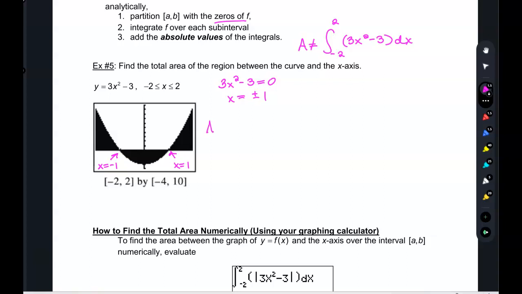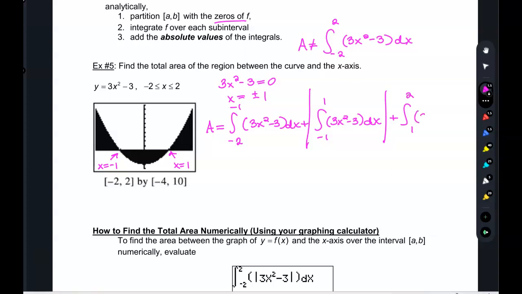So now we want to find the area. So we're going to take the integral from -2 to -1 of 3x squared minus 3 dx, plus the integral from -1 to 1 of 3x squared minus 3 dx, that I'm putting in absolute value, plus the integral from 1 to 2. Now that's a lot of work,